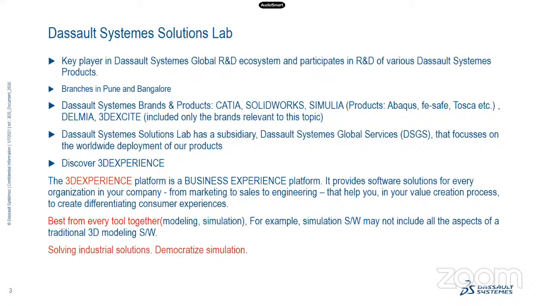For example, instead of Abacus, we have a structural scenario creation app. For CATIA, we have some other modeling app. But everything is under the same platform. So the advantage is that earlier, Abacus was mainly concentrating on simulation software, so the modeling features available in Abacus will not be that competent compared to CATIA. CATIA is exclusively modeling software. So when you have apps in a single platform, we have the best from all the earlier tools.